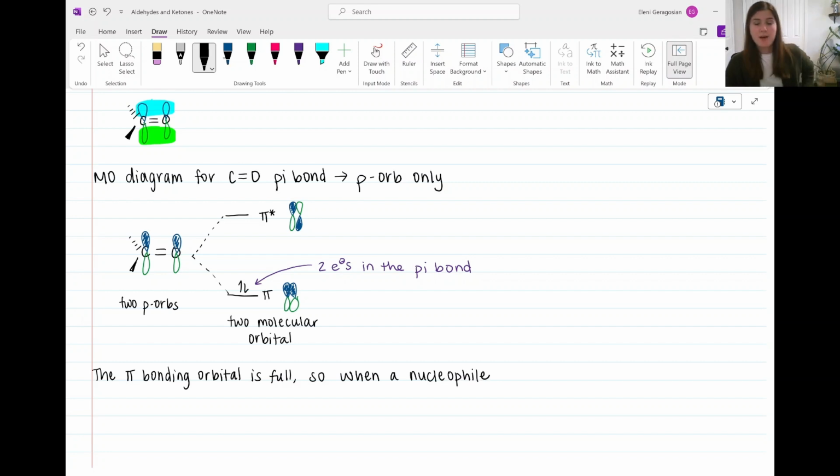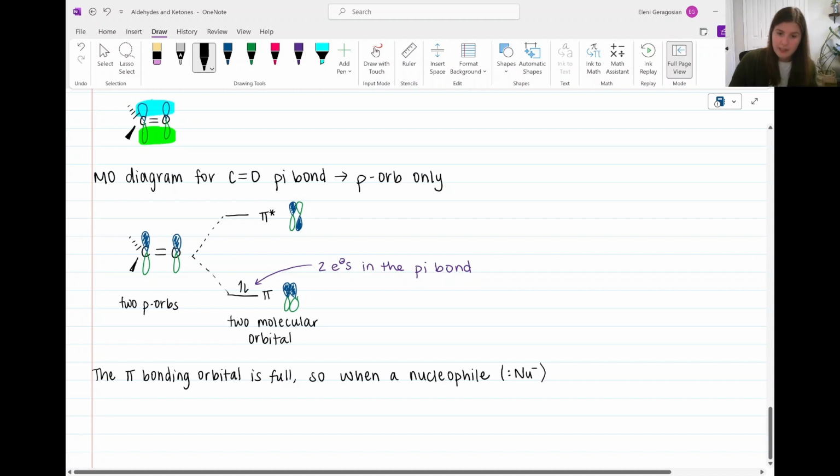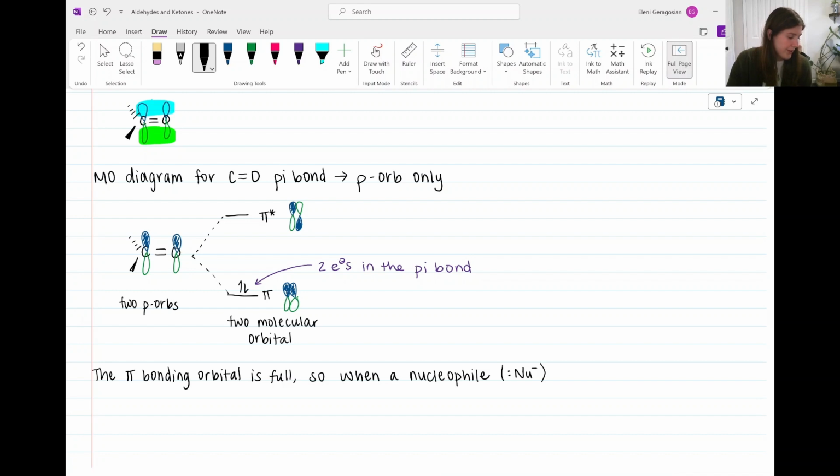Now we're going to talk about nucleophilic addition to these carbonyls. When a nucleophile, which we'll abbreviate as Nu, has electrons and a negative charge, and not all nucleophiles have a negative charge, but we will represent it that way here, if we have a nucleophile that reacts with the carbonyl,